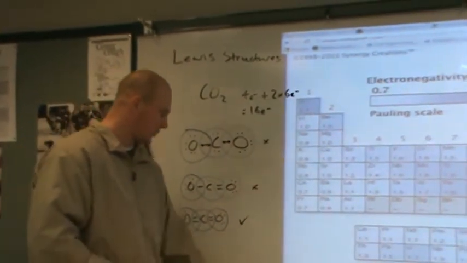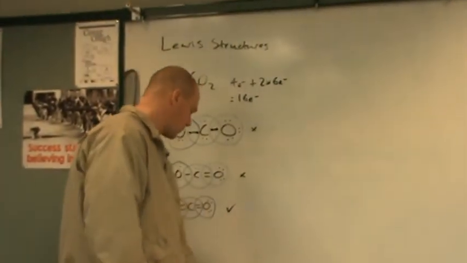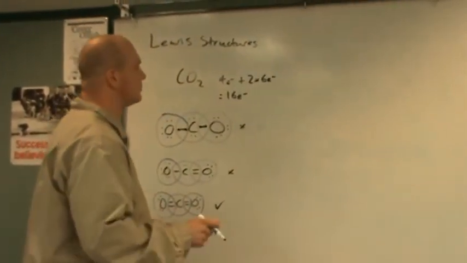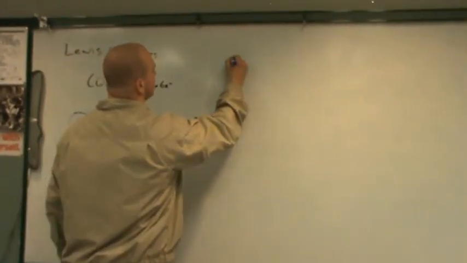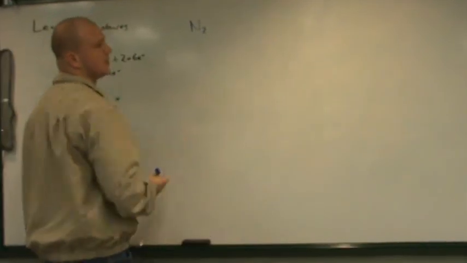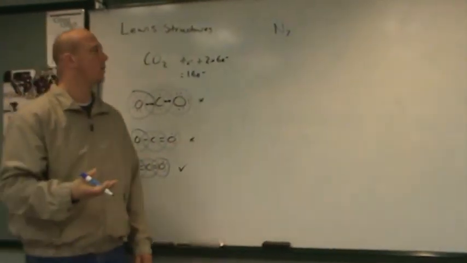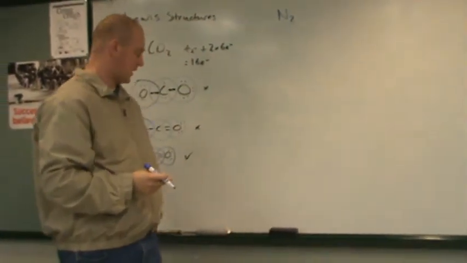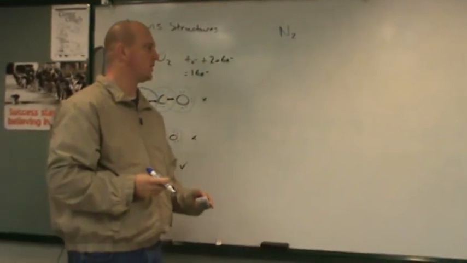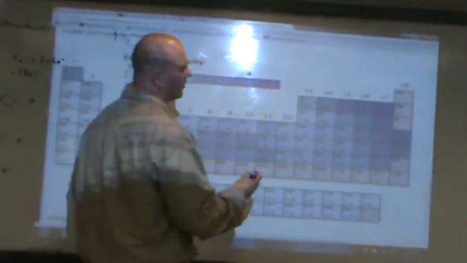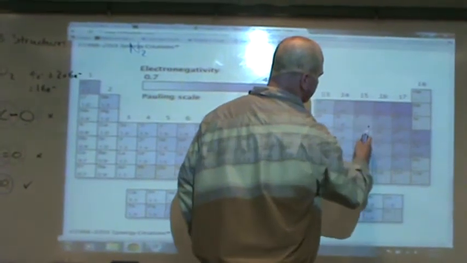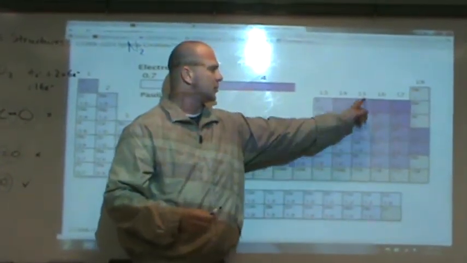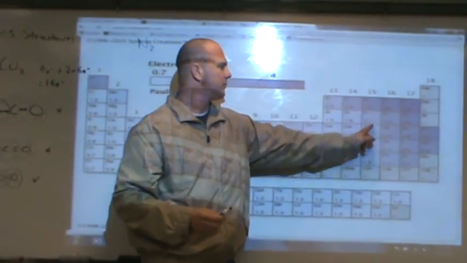Again, we can go through and do another example. Let's consider nitrogen gas. So normally nitrogen is N2. So if we're going to do a Lewis structure for that, we calculate the number of valence electrons. And so we should see that nitrogen is in the 15th group. So it's got 5 valence electrons. And so N2 would have a total of 10